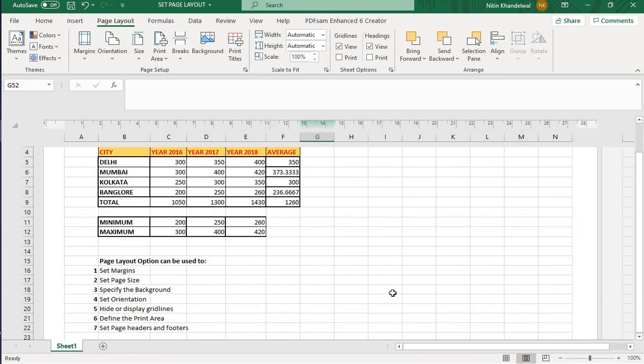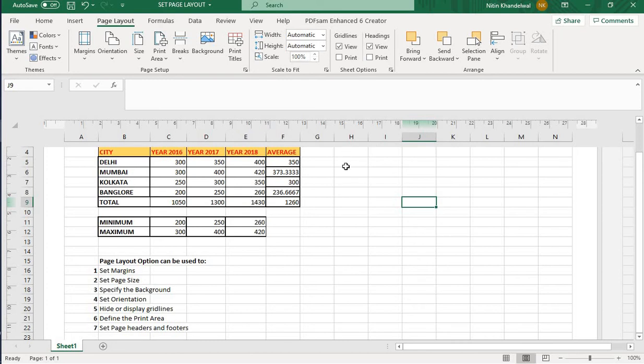So first, what do you mean by the grid line and heading? Grid line means when you open an Excel document, you can see the horizontal lines and the vertical lines that divide the worksheet into cells. So this one is a particular cell. These lines are called the grid lines. And the headings are there. For the rows, there will be different headings 1, 2, 3, 4, 5, 6 up to n numbers, and the column names start with A. So these are the headings of the Excel sheet.